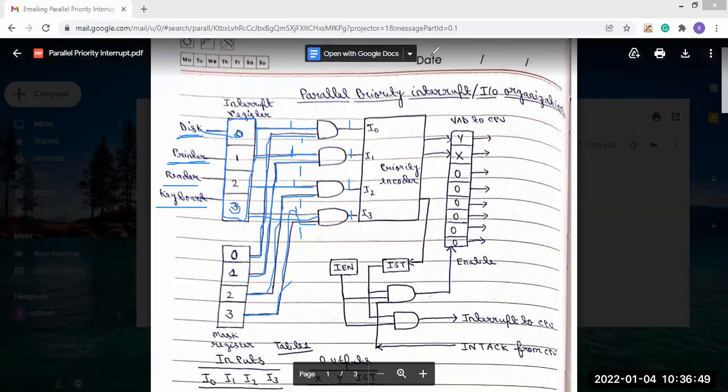Case by case I will explain in your next class, tomorrow. So this is what we have today.